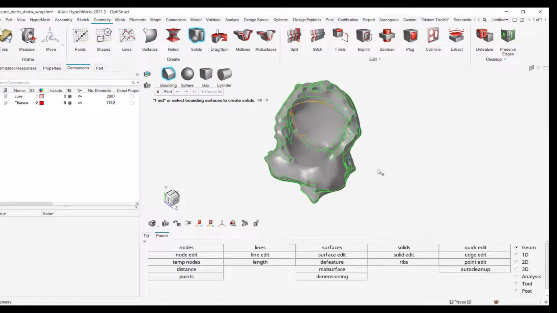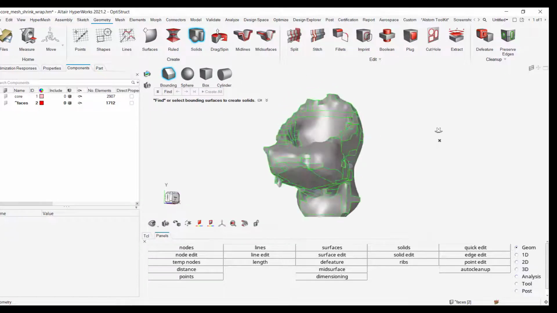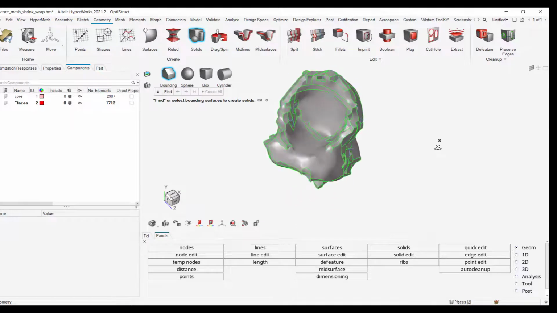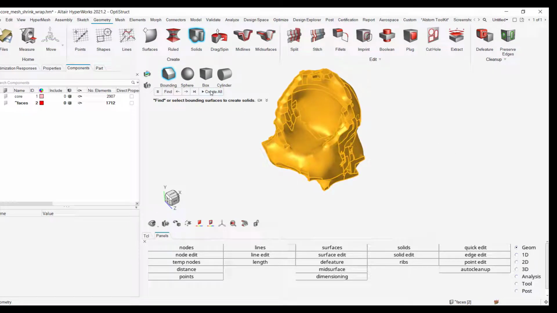So I did some extra corrections in addition to the ones that I demoed in the presentation, and then I can go to the solids just to create a bonding surface, and then you see that